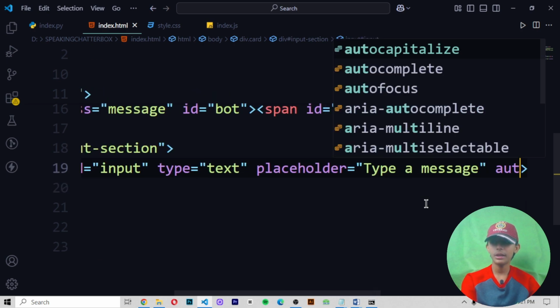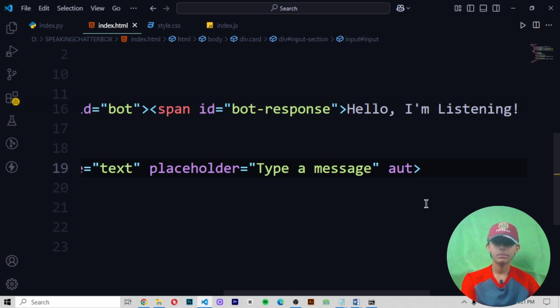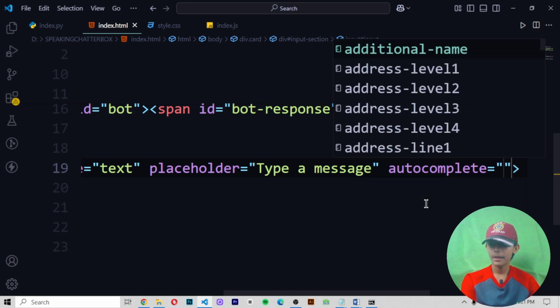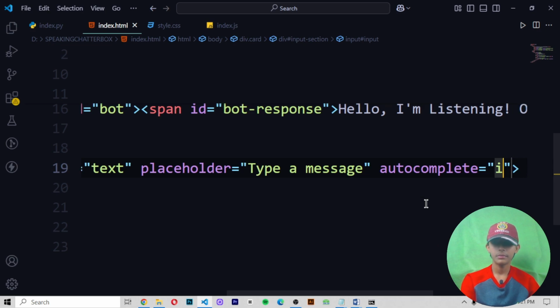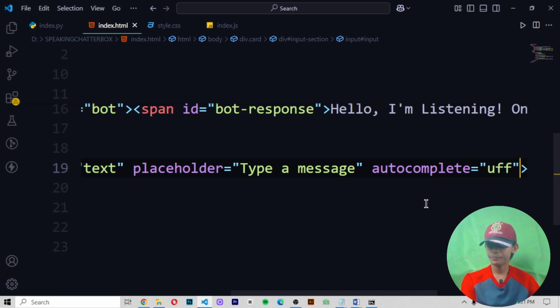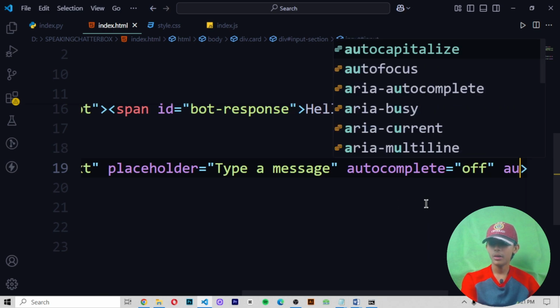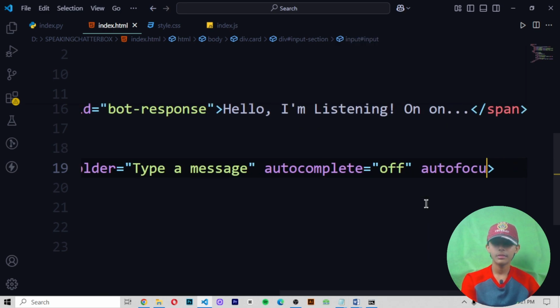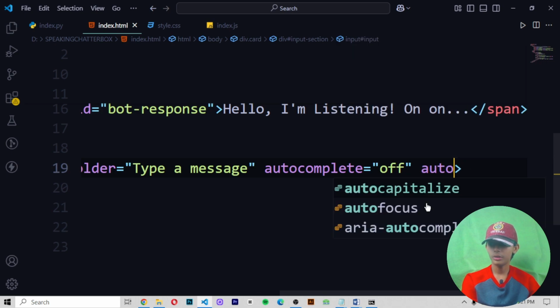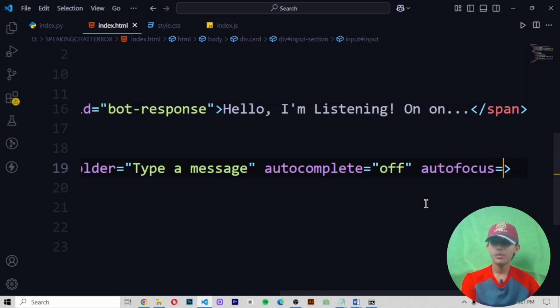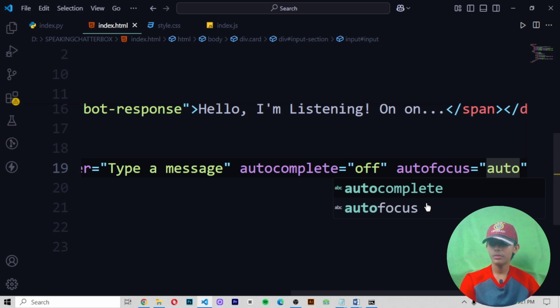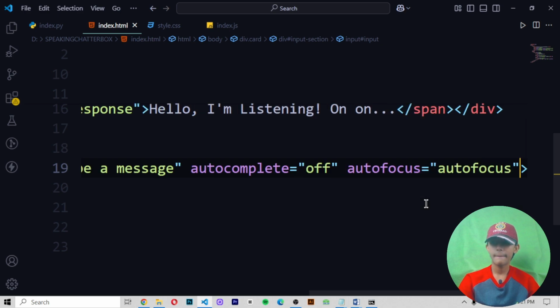Placeholder. Now we define autocomplete, and in autocomplete we write off. Then autofocus.